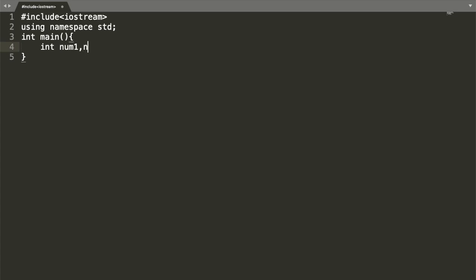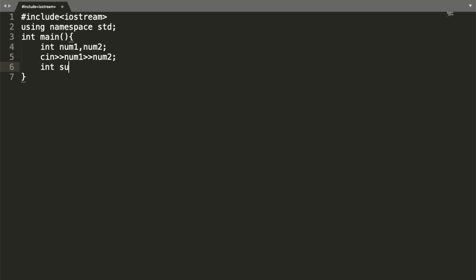num1, num2. That's it. And we have to take the input from the user. So cin num1, num2. By this the user can enter the values. And now we can also define a variable sum, subtract, multiply, divide. Okay,